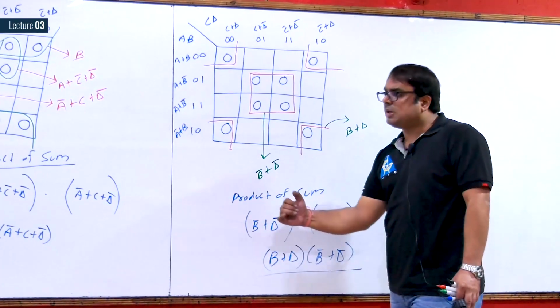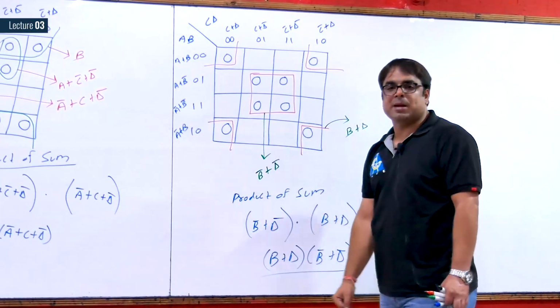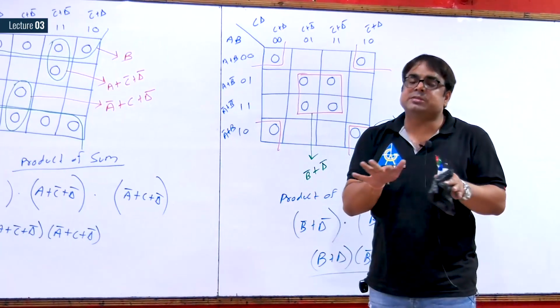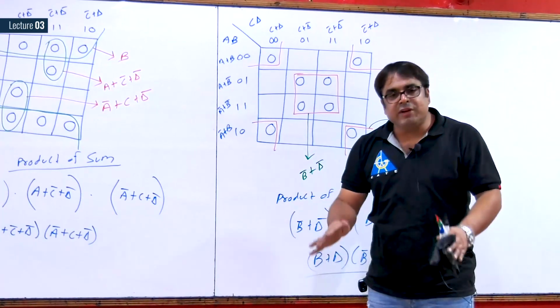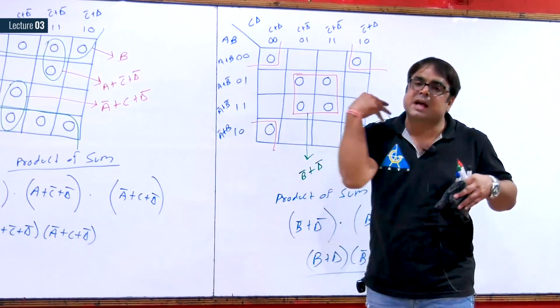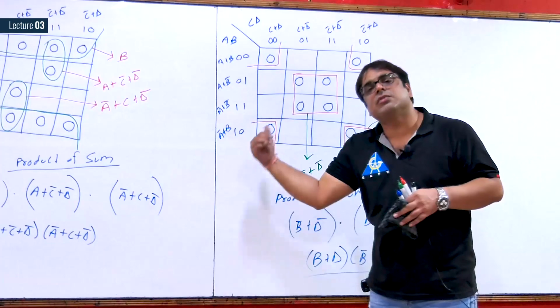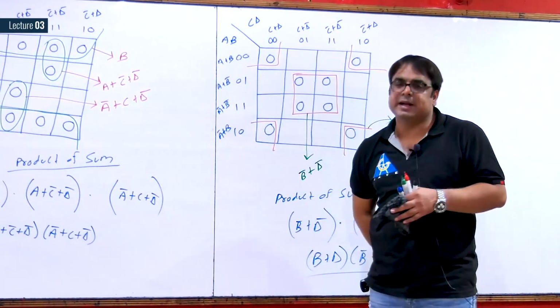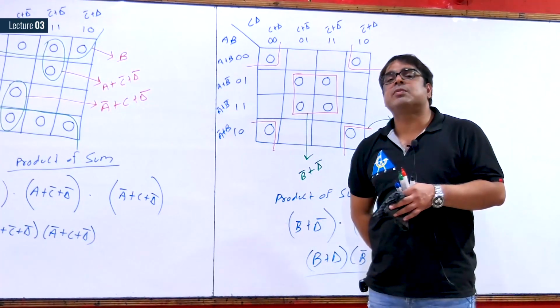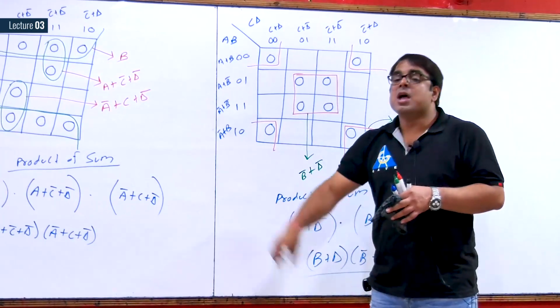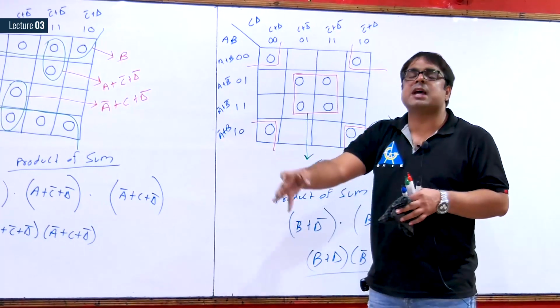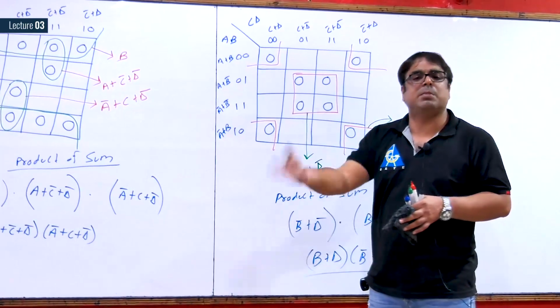So this is all the detail about 4 variable K-map. This is just the introduction to the K-maps. We will be using all these concepts again and again. We will try to solve most of the questions that have come in GATE exam. While solving them, we will cover all the concepts 2 times, 3 times, multiple times.